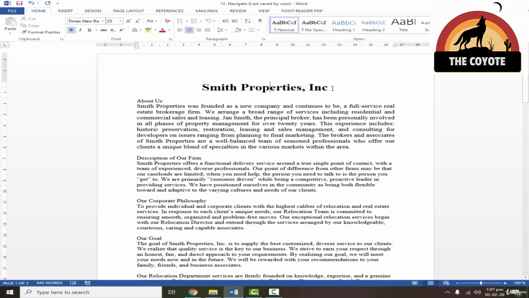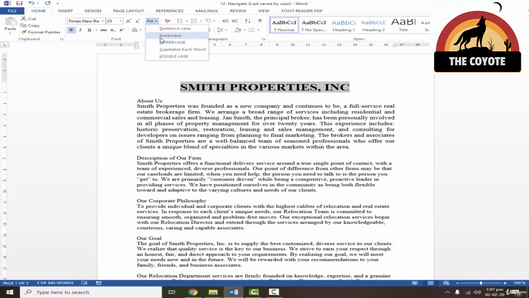Now if I want to capitalize this whole heading, so that all of the letters show in capital, I'll just select it and go to Home, and under this area, Change Case. I can change to sentence case, lowercase in which all are small, uppercase in which the text is all capital. Capitalize Each Word means the starting letter of each word will be capital. Toggle case is a mix of capital and small. So let me just change to lowercase.